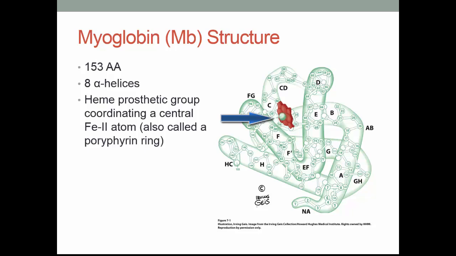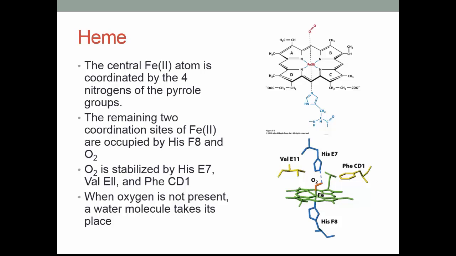Let's take a closer look at the heme prosthetic group, shall we? In the center of this conjugated ring system of the porphyrin, the central iron atom is coordinated within the plane by the 4 nitrogens of the pyrrole groups. The remaining 2 coordination sites above and below the iron atom are occupied by oxygen from above and histidine F8